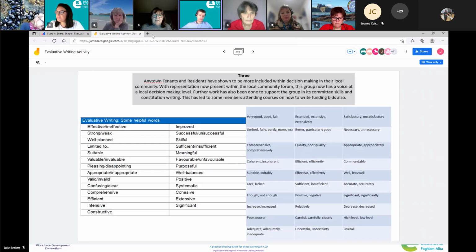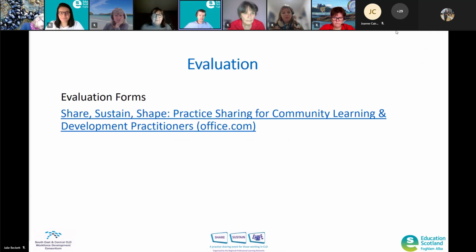And always with these evaluations, the ticky box ones are the easy ones. It's the enter-your-answer ones that are the tricky ones. But again, that provides the most information. So even a little sentence or a couple of words would really be helpful for us in regards to what we've delivered today, and obviously the key elements and what's been good and what maybe we can improve on in future.